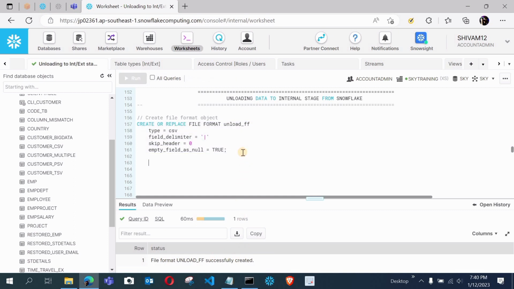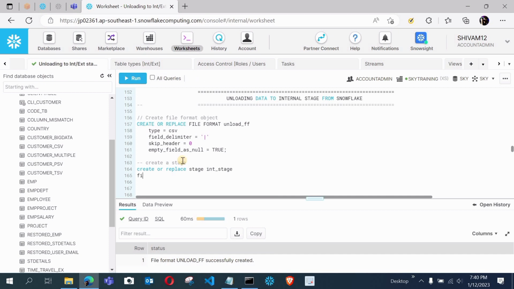Now we have to create a stage first, and after that we will load this table data into the stage, and then we will download that file to our local machine. The syntax for creating a stage is very simple: create or replace stage, and let me give the stage name int_stage, because it is an internal stage.